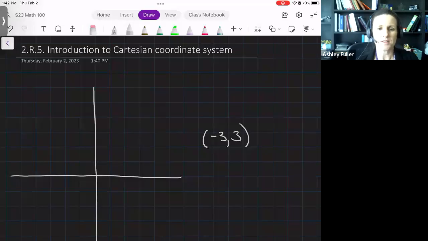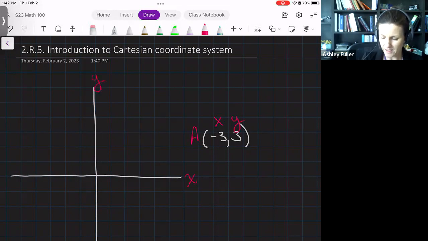It's important to understand the relationship between points and the coordinate plane. If I want to plot the point -3, 3, notice that the first value in any ordered pair is the x value and the second is the y. On the coordinate plane, these are referred to as the x and y axis. So I'm going to go 3 in the x direction, negative, and then 3 in the positive y direction, resulting